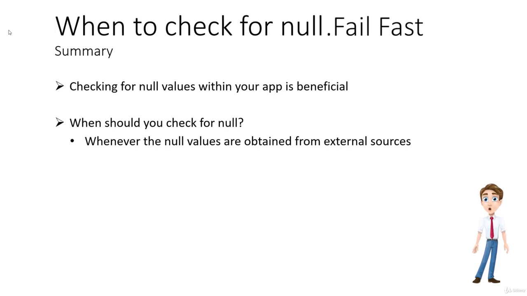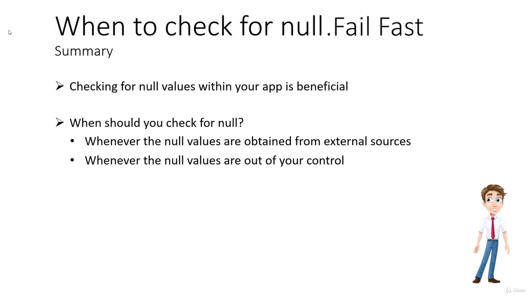Now also, if there are values that come from different Android APIs or different results like scanning a QR code or having a callback from Android, those values you should check for null because they are out of your control, you do not know what they are going to return. So those values might be null, and even though your application relies on them, you should make sure that those are not null so they don't crash your app. So the whole takeaway from this is you should check for null wherever the null values are out of your control. Now, the very important question is when you should not check for null,